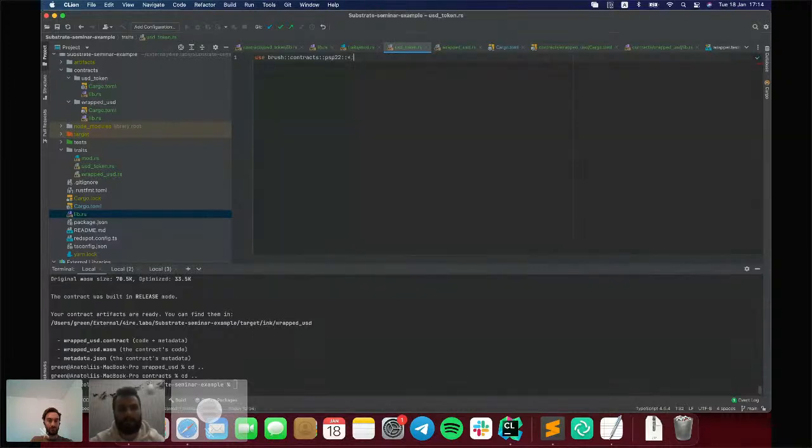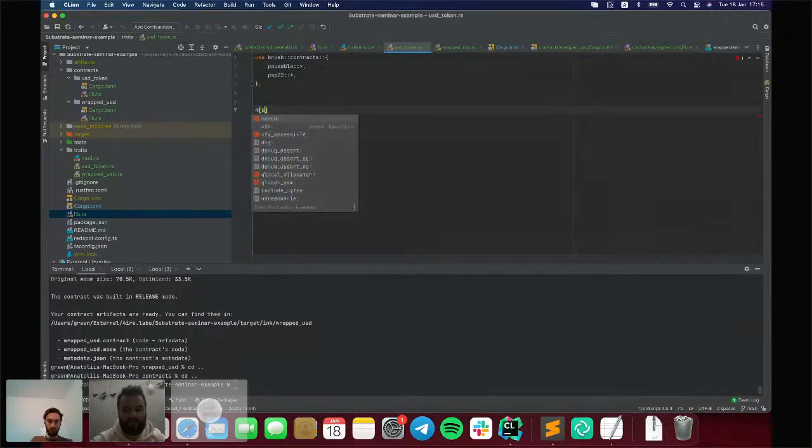So let's only describe it here, because it will be more explicit for users, for other developers who will check the logic of your contracts.